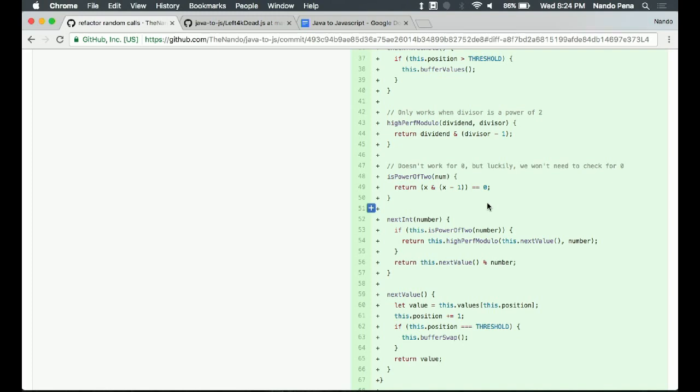Is that a jitter, or is that just returning a Boolean right there on the isPowerOf2? Yeah, it's doing this operation. It's a double equal, so it's a comparison operation. It's saying, if this thing on the left equals 0, then whatever number was passed in is a power of 2. It's basically like doing the high performance modulo, and it turns out that if you do that on a power of 2, it's going to equal 0. So that's the way you can check it, and then we can do the modulo as well.